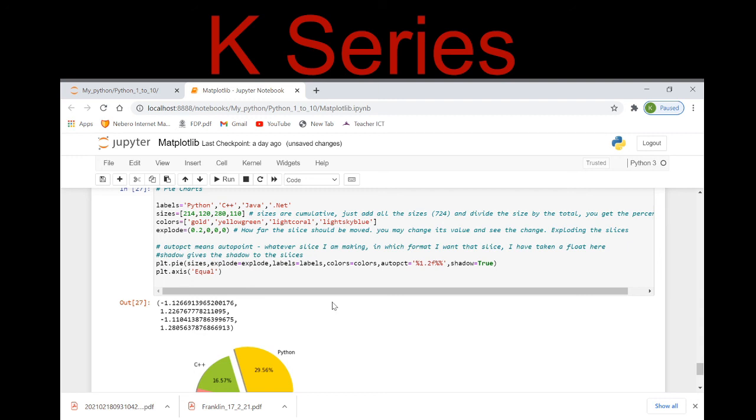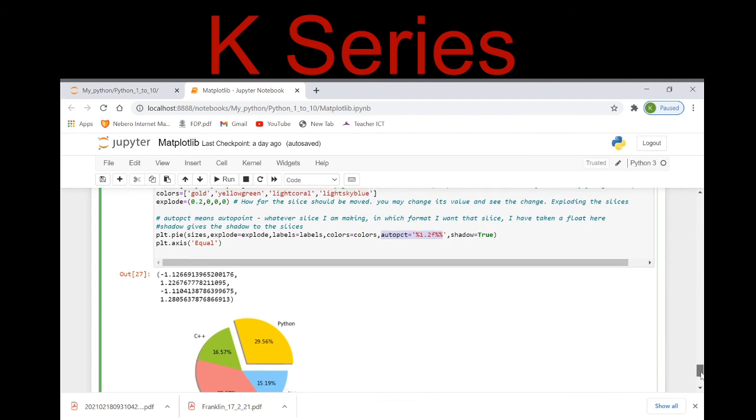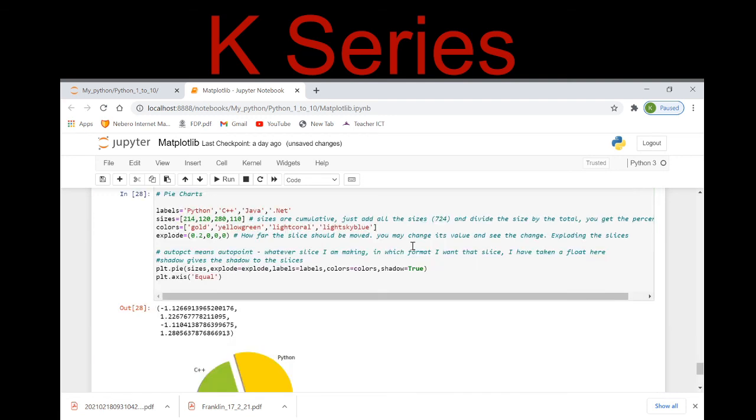Now there is another parameter in pie chart, that is autopct. See here, autopct, and it is always considering the floating point numbers here, right? Now what exactly autopct is doing? See here, if I don't give any autopct, let me execute it without any autopct, and you will see.